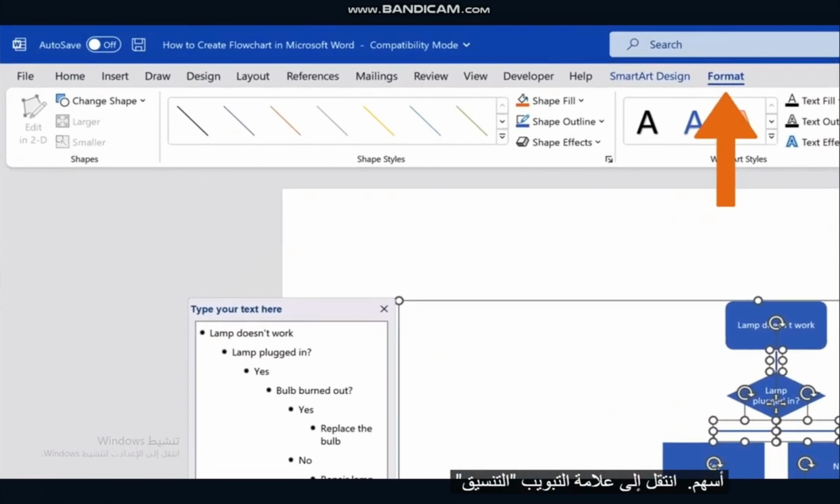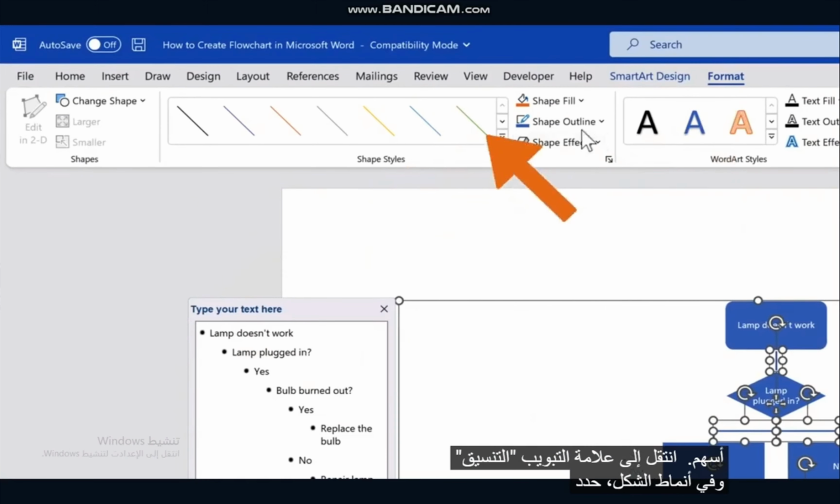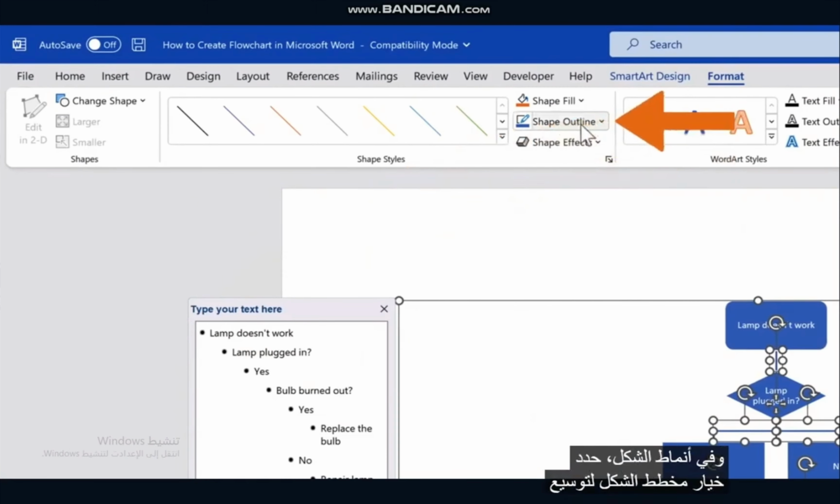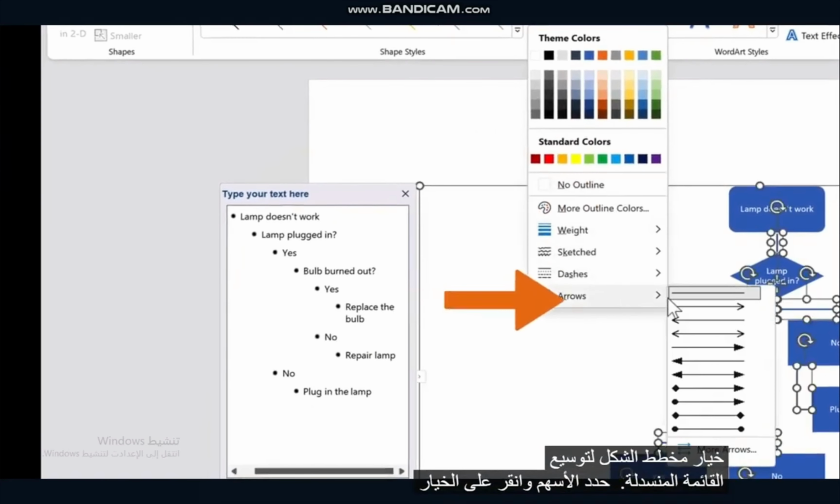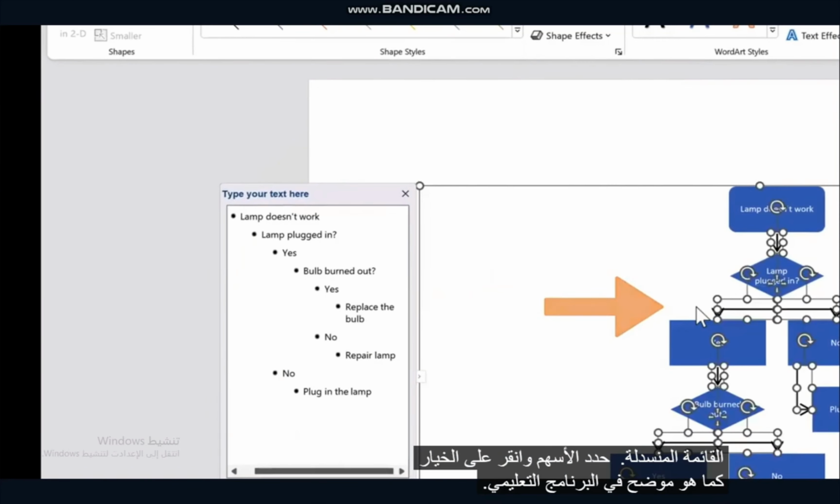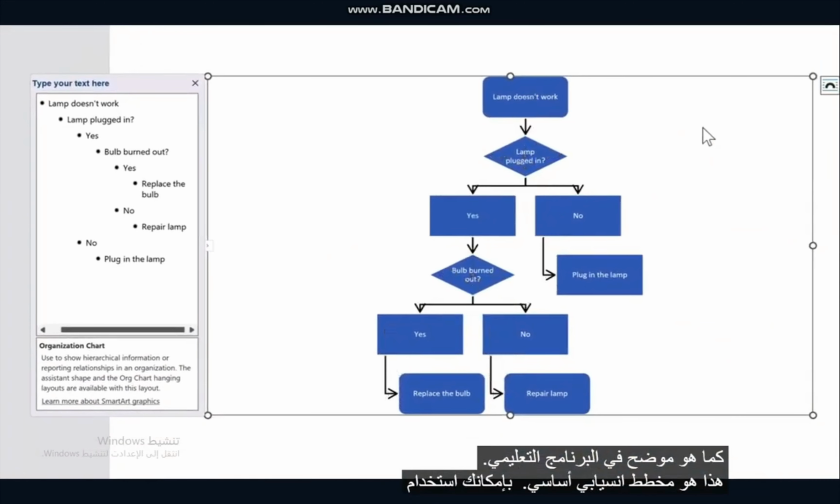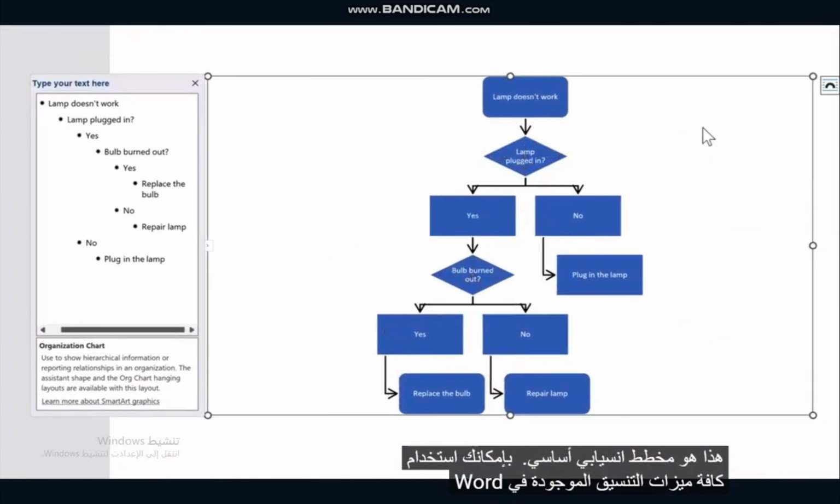Navigate to the Format tab, and in Shape Styles, select the Shape Outline option to expand the drop-down menu. Select Arrows, and click the option as shown in the tutorial. This is a basic flowchart. You can use all of Word's formatting features to change the shape or the text of the